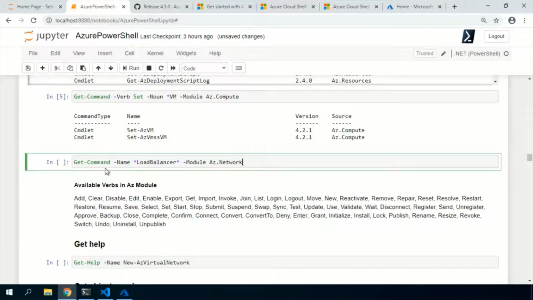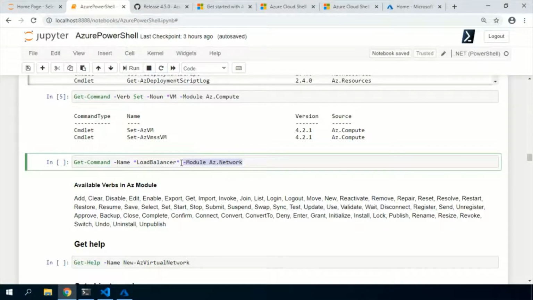Also, sometimes we are not really sure what commandlets are available for a particular service. Suppose I want to see all the load balancer commandlets inside AZ.Network. For that, I use the Name parameter, and you don't need to use any verb or noun. You can directly use the Name parameter with any module name. If you don't mention the module name here, it will go through all the modules inside the computer and pull them out.